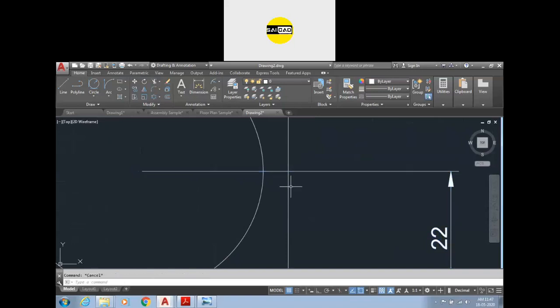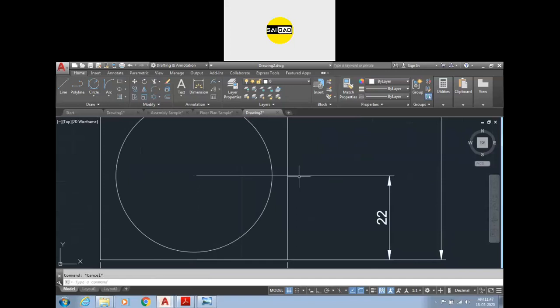Okay, I'm going to show you. So the thing is, the dimension line will never cross the geometry line. Okay, so how can we create a dimension from here if the object is not going to be crossed like that?